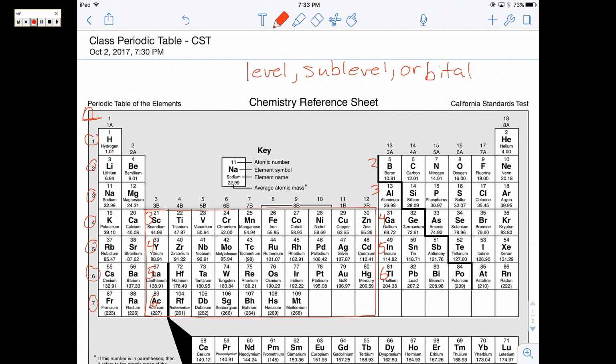The F block is shifted down twice, so even though this row right here is in the sixth row, this would be the 4F, and the bottom of the table's cut off. We're not going to deal with those a whole lot. So those are the levels. Now, in terms of sublevels,